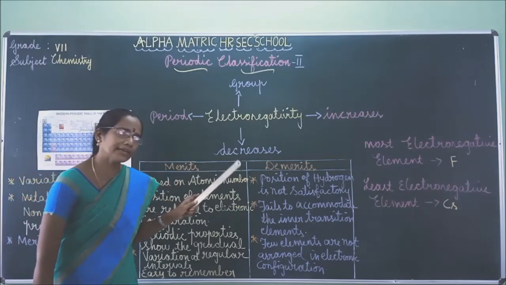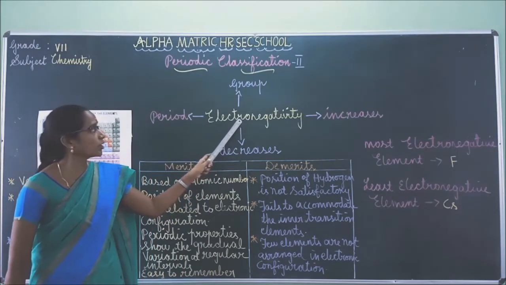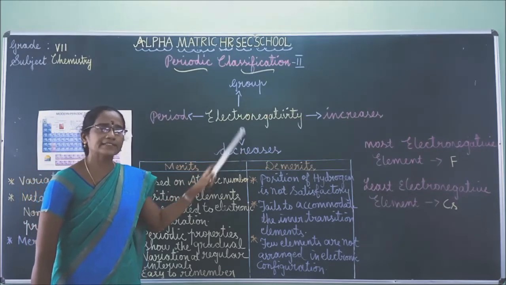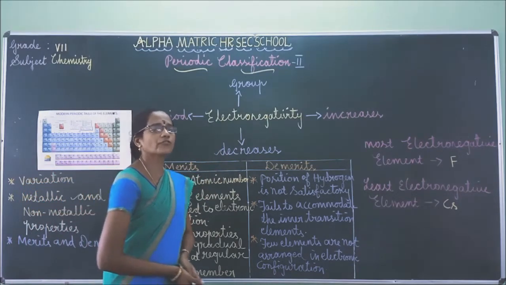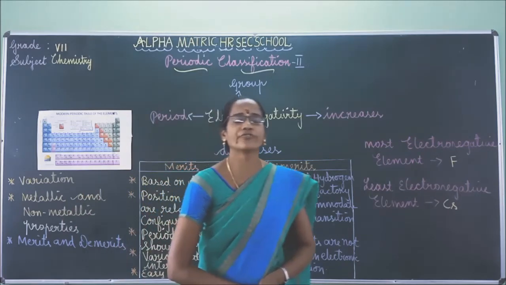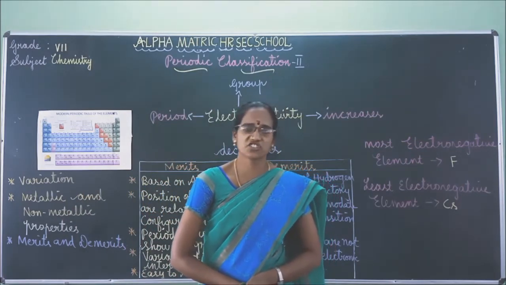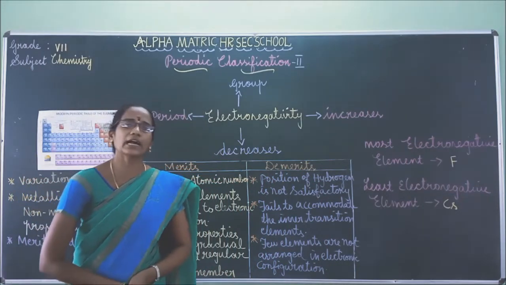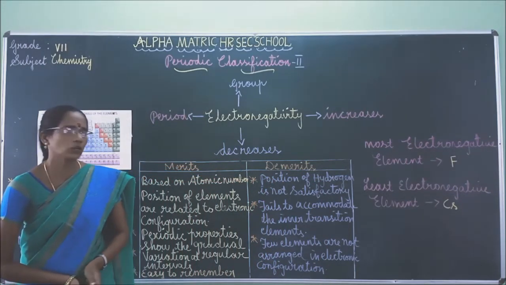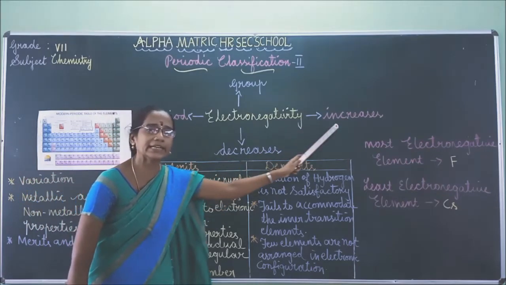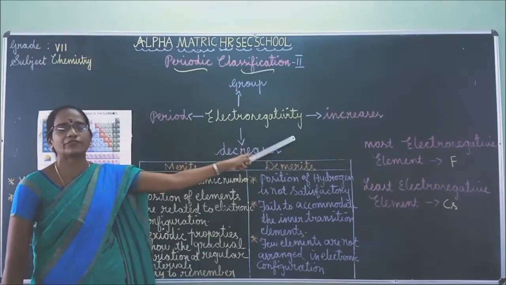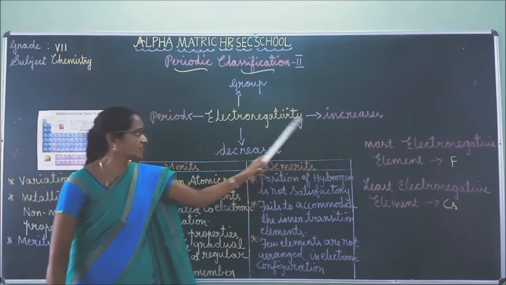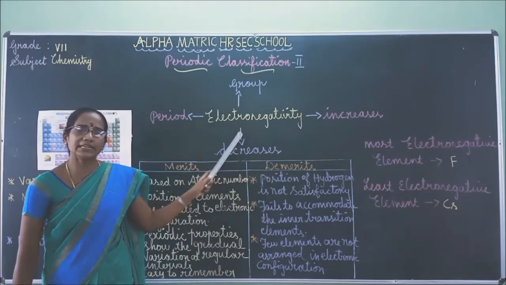Whereas if you take a group, electronegativity decreases because of the increased number of energy levels or shells. So this is the variation of electronegativity along the period as well as a group. Electronegativity increases along the period from left to right because of the increase in the nuclear charge, whereas electronegativity decreases in